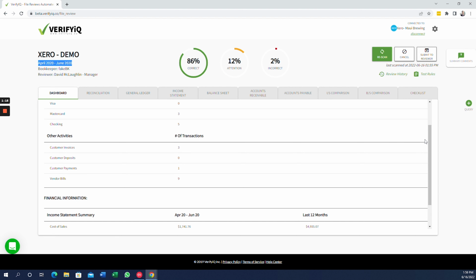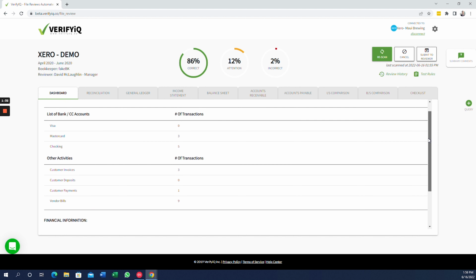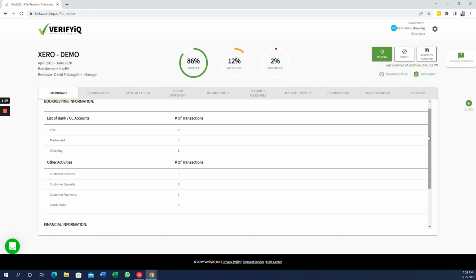Down here under financial information, this is a summary of the income statement. And of course, first column, again, will be the period being reviewed, and then the second column is the last 12 months. Now, we have added this feature since a lot of our customers, our accounting firm customers, price their